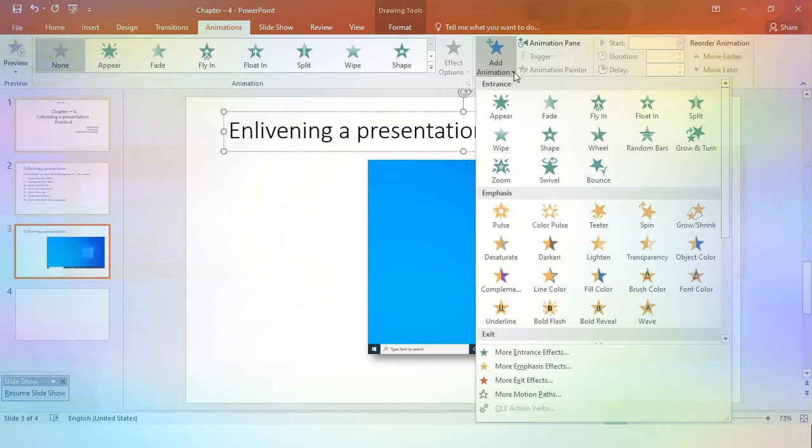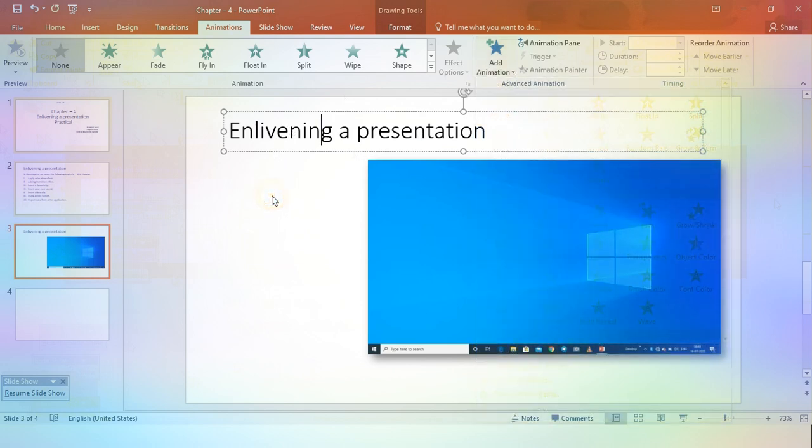So all animation types are in this one place, and you can apply from here as well. This is the slight difference between these two items, and I have made that clear to you.